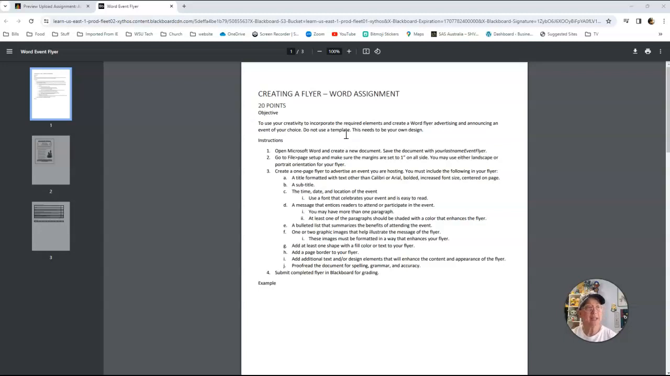Create your own event. So you're going to first open up Microsoft Word to a blank document and then save it with your last name, event flyer. I want you to go to the file page setup and make sure all of your margins are set to 1 inch. You can either use landscape or portrait for your flyer. So you're going to create a 1-page flyer,